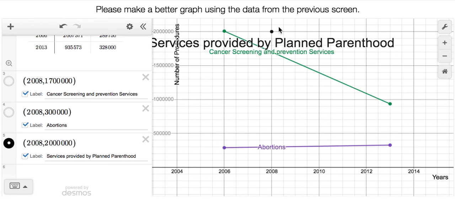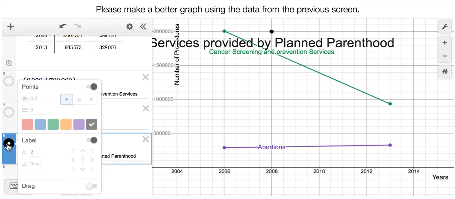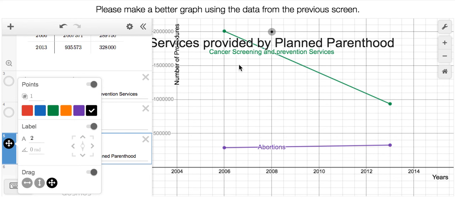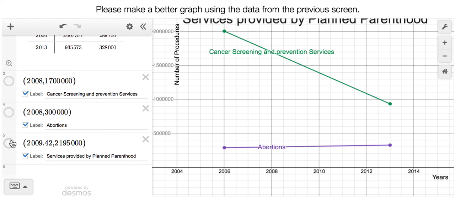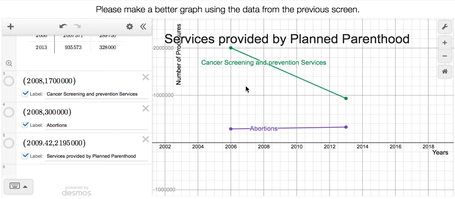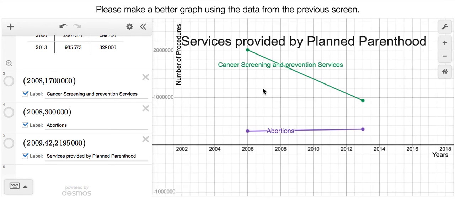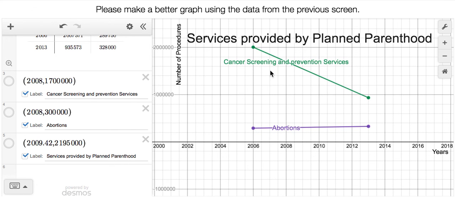If you'd like to move it around, what you can do is make this draggable. And then I move around what it is that I want, unclick, and then maybe if I just zoom out a tiny little bit, there. Now I have a pretty nice graph that's got a title, it's got labeling, it's got all of the things that I would like for it. This is basically what you're going to end up doing in your summit